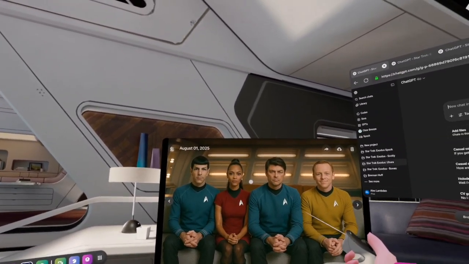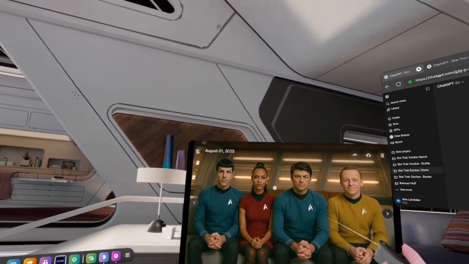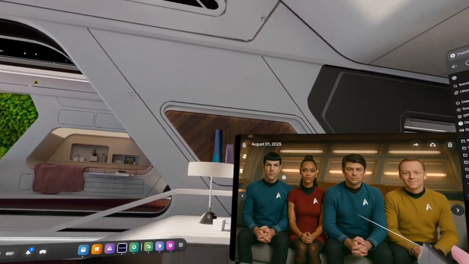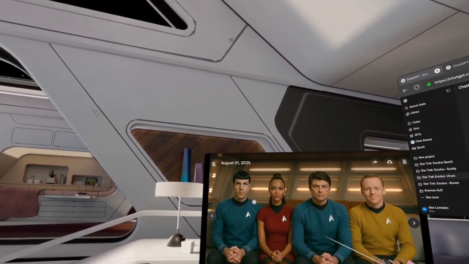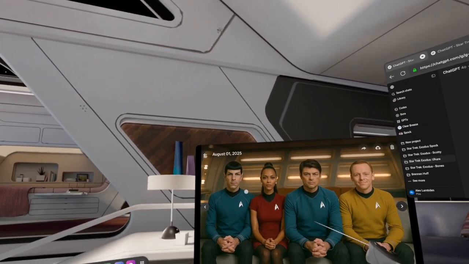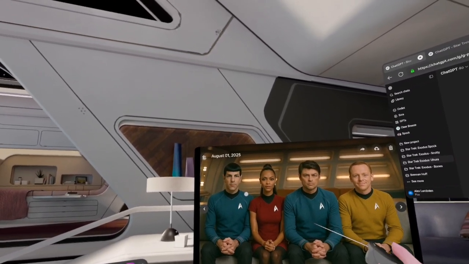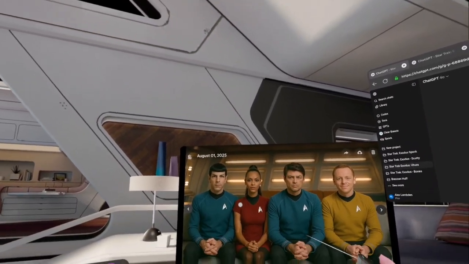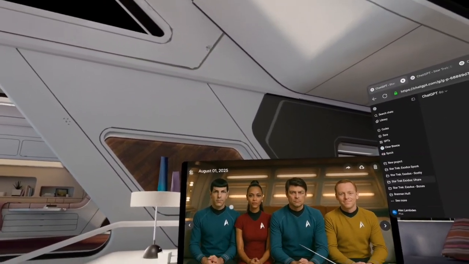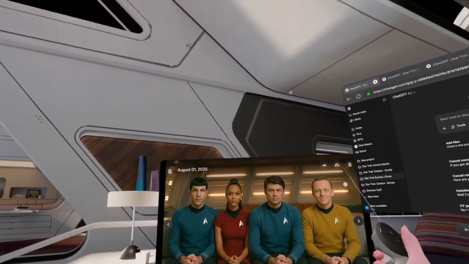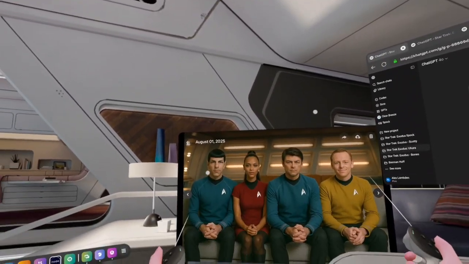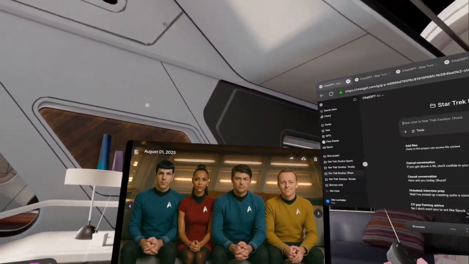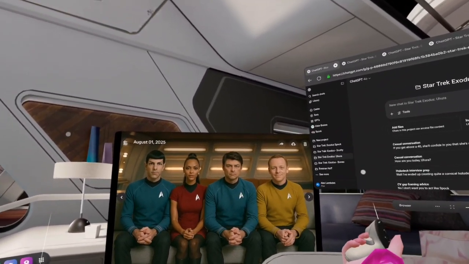Uhura covers anything communication related, any social advice that I might need. And Spock has probably been the most useful one so far. I've been using him for planning, and for learning to become more rational and stoic. You can just imagine how being able to embody your inner Spock more in life is quite a powerful way to go, especially if you're like me and you're a little bit up in the air with emotions sometimes.